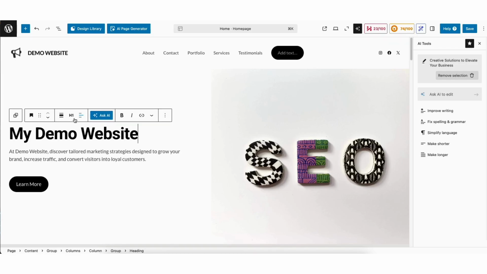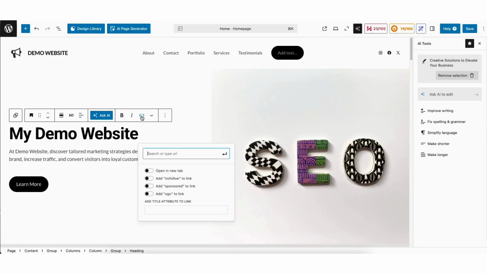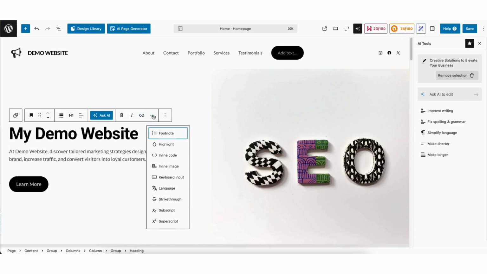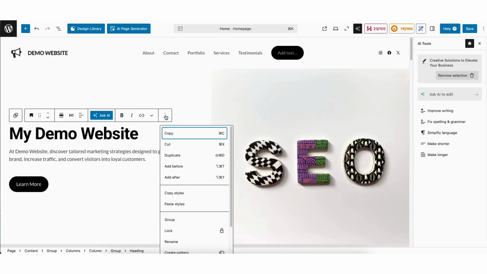You'll see the toolbar showing here where you can change the heading type. You can change the alignment of the text, make the text bold, italic. You can link the text out to where you want. If you click the More icon, you can view more customizations you can make to the text. If you click the three dots icon, you can do more things like copy, cut, paste, duplicate, or delete the